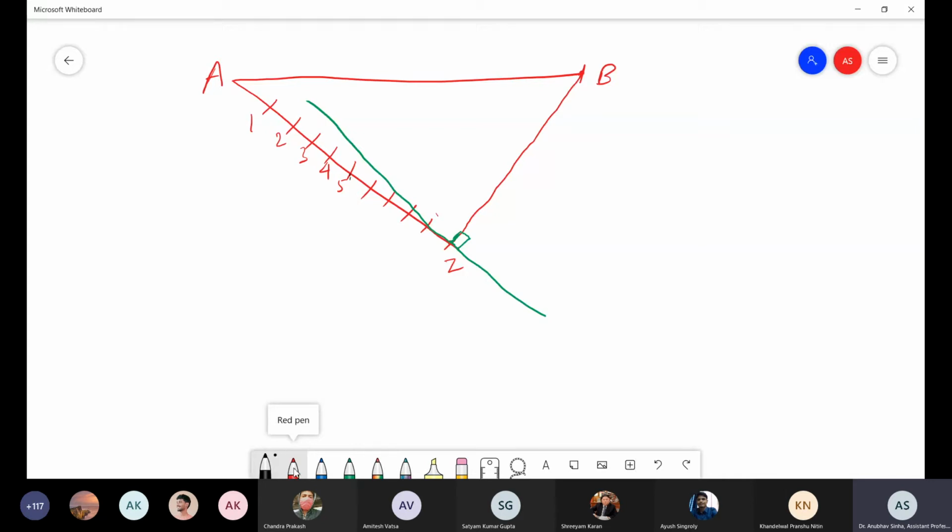From 5, I will place a set square in such a way that its 90-degree edge meets this line. Then you just draw perpendicular to this line, matching this point. Keep the set square and, starting from this point, draw parallel to this. This is how you keep the set square, and then you extend that line. Approximately it will be parallel. Is this clear or not?